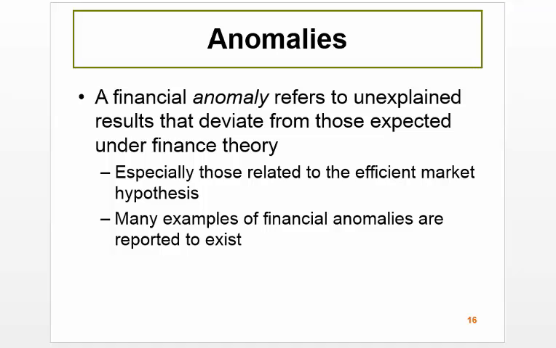I think it's a much better use of your time to actually consider those anomalies that have been proven from a research standpoint. You don't have to have these memorized for the exam. I'm not going to ask a question on anomalies, but just in case you're interested, I would research the following anomalies. There's one called the low PE effect, which is your price to earnings, and that's probably one that has a lot of research behind it, especially considering that PEs or price to earning ratios, which you've learned in your first exam, are a good way to measure whether or not you think a company has any growth potential or whether it might be over or undervalued.